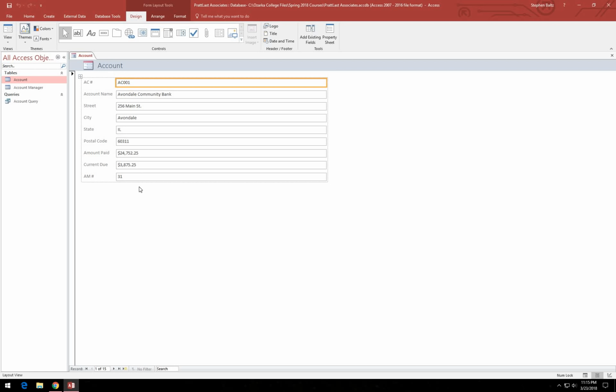Alright, and some people like to use form view to edit the records in the database table because you can focus just on one record at a time. Alright, and on step 3 on page 40, it wants us to click the Next Record button 3 times to move